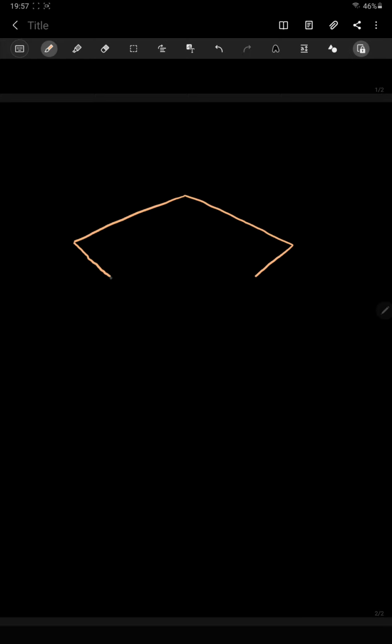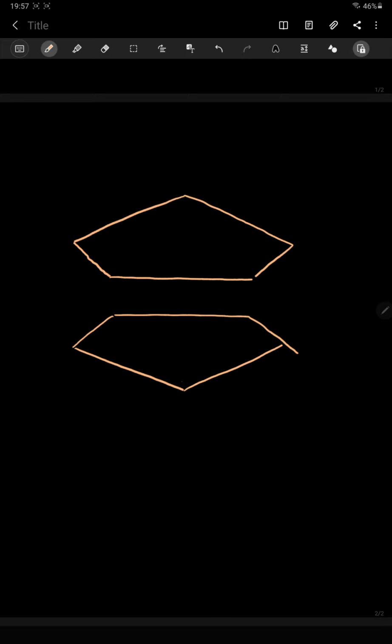Suppose if this is the first pentagon, below that pentagon let's draw one more, and these 2 pentagons must be staggered to one another. What do I mean by staggered? Right, these are the two pentagons.